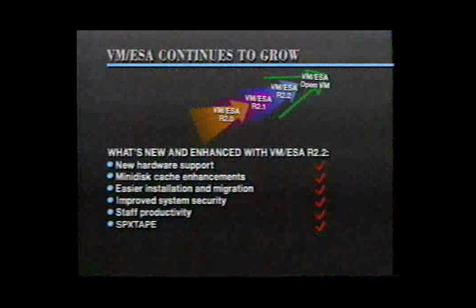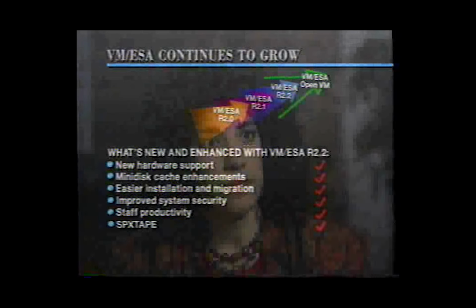Something that's going to really please operations management is a new utility called SPXTAPE, which is a very fast spool file backup. And SPXTAPE does two things. It drastically reduces the amount of time it takes to back up your spool files, and it also reduces the